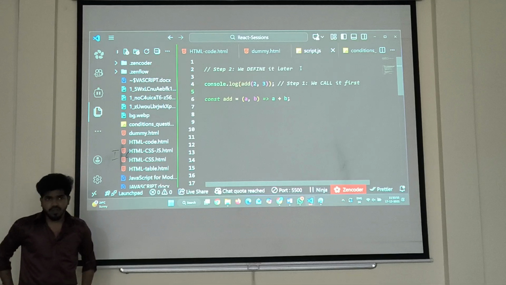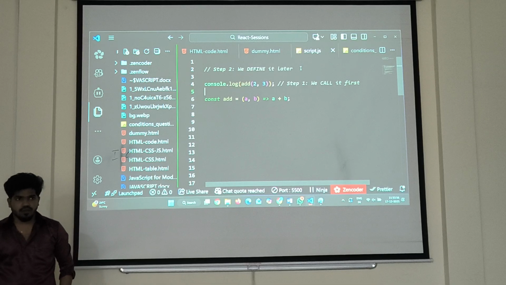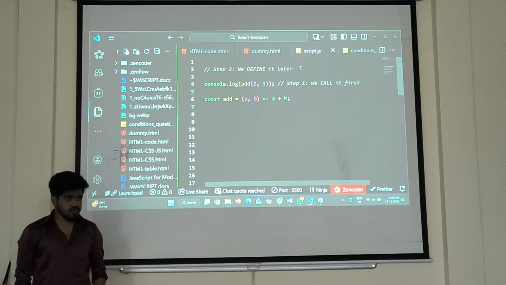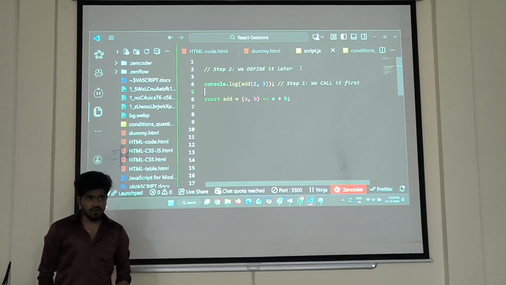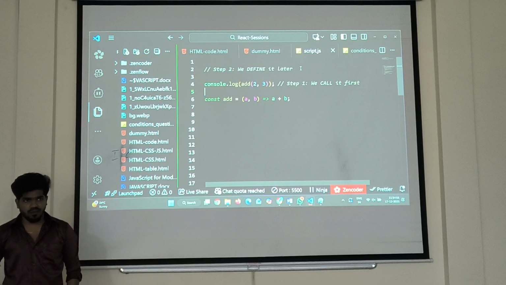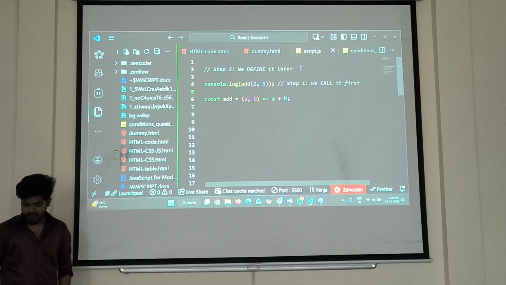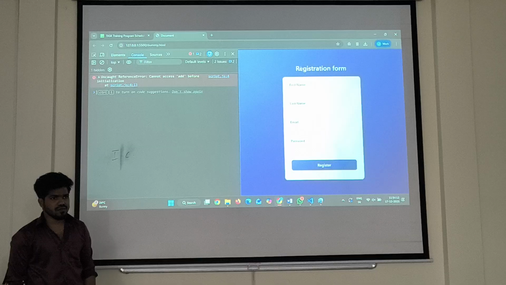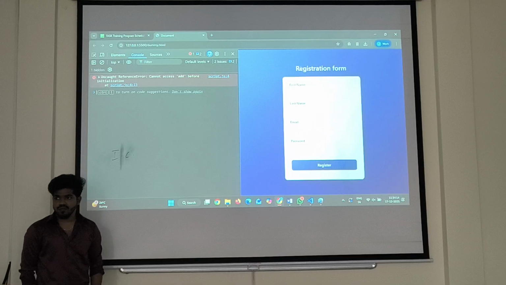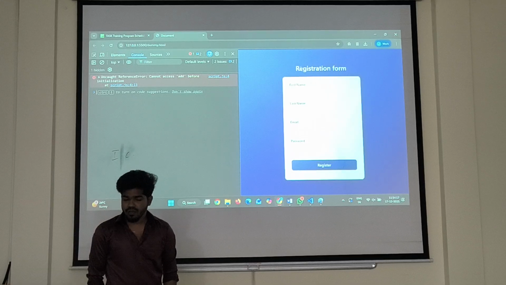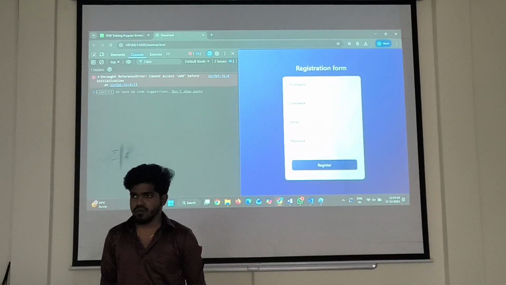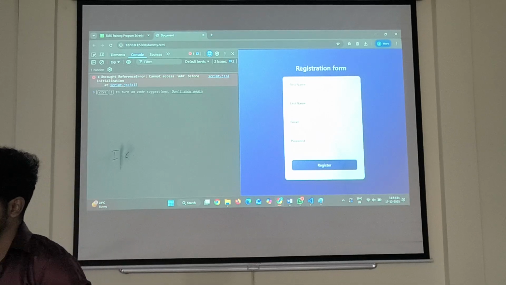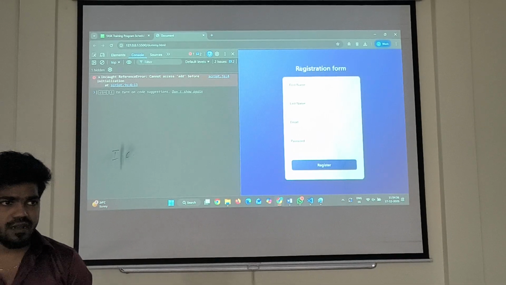Can anyone tell what is the output of this function? 5, it will give the output as 5. Are you sure? Why is it throwing an error? In a function we do the same thing, right? Why is it now showing the error? Because it is a constant value. In a function, that is a